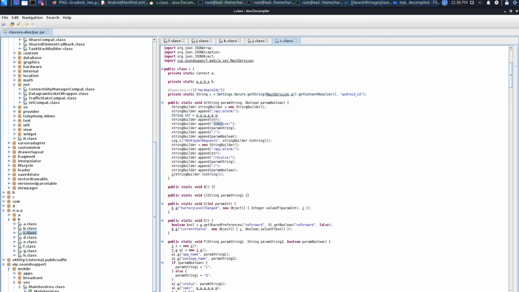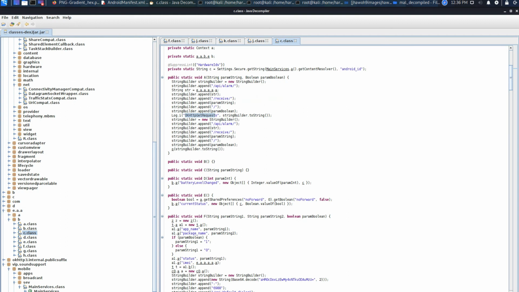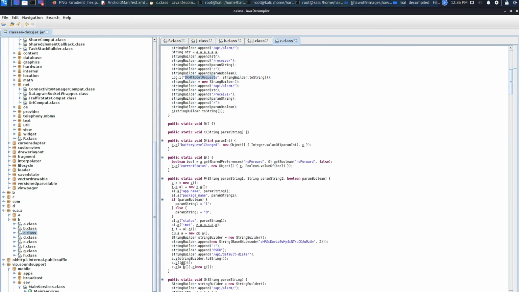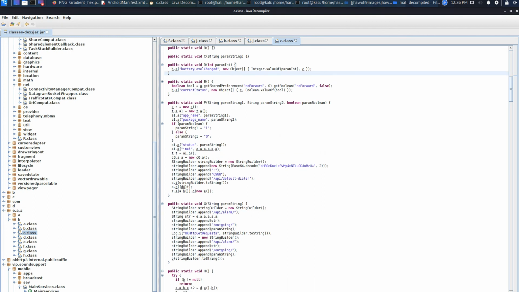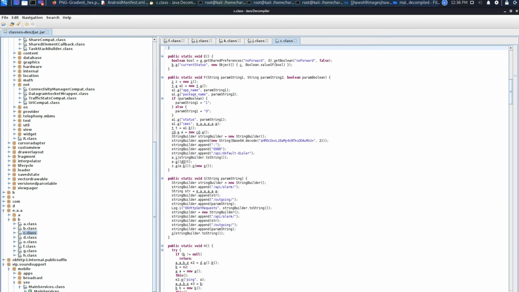API alarm receive, get request API receive method. Also battery level change, move forward, current status. Yeah, this method we have seen. Base64 decode. Let's try to decode this thing.